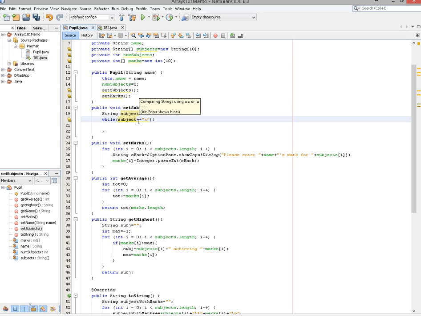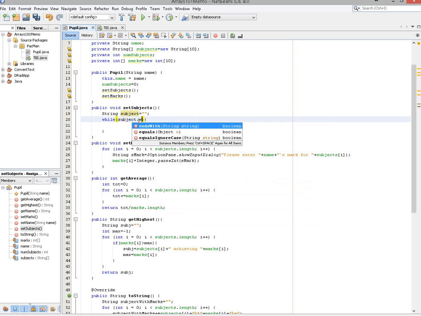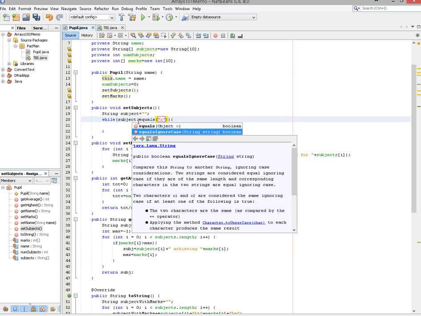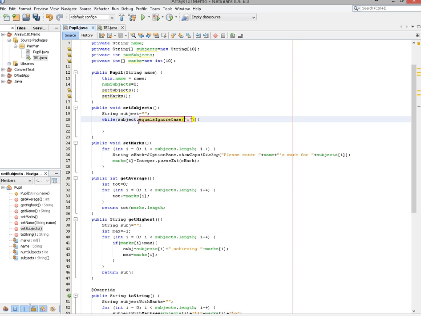All you would do is get the user. What we're going to do is say to the user dot equals x. Now there's equals and there's equals ignore case. Obviously, a capital X and a small x do not equal each other. But if you say equals ignore case, they will. Does that make sense? Now, all we're doing here is asking the user, please enter your subject. If the subject is x,